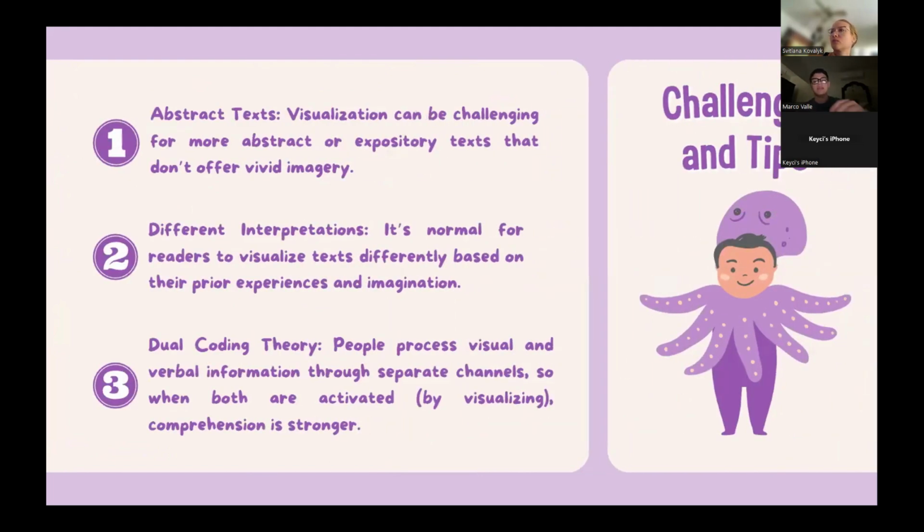Some challenges and tips that can come with visualization as a reading method. It can be challenging for more abstract or expository text that doesn't offer vivid imagery. In these cases, the reader can visualize concepts or analogies that help them understand the material. Also, different interpretations. It's normal for readers to visualize text differently based on their prior experiences and imagination. I'm saying this to emphasize that there are no right answers while you are visualizing a text. It's still all open to your own criteria